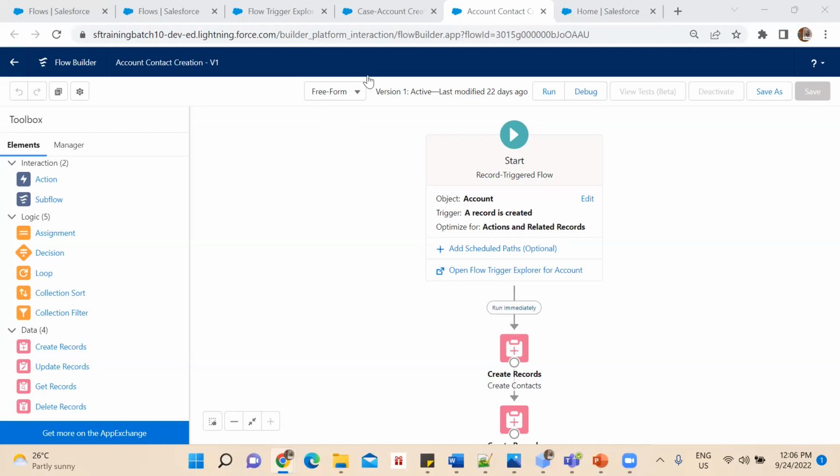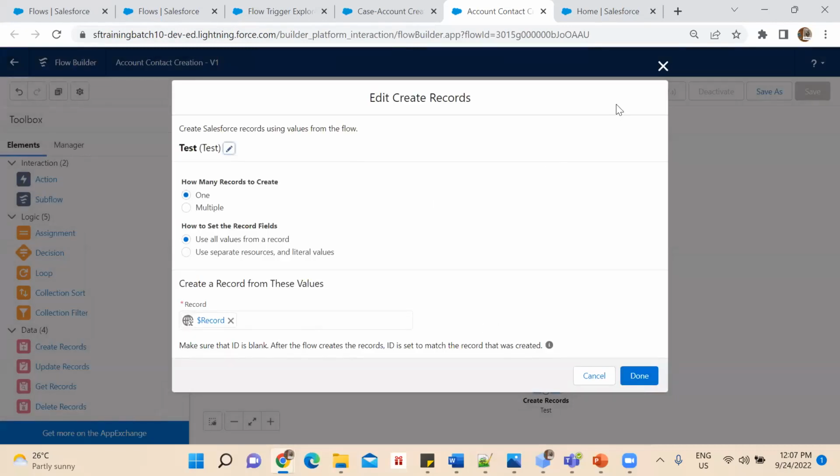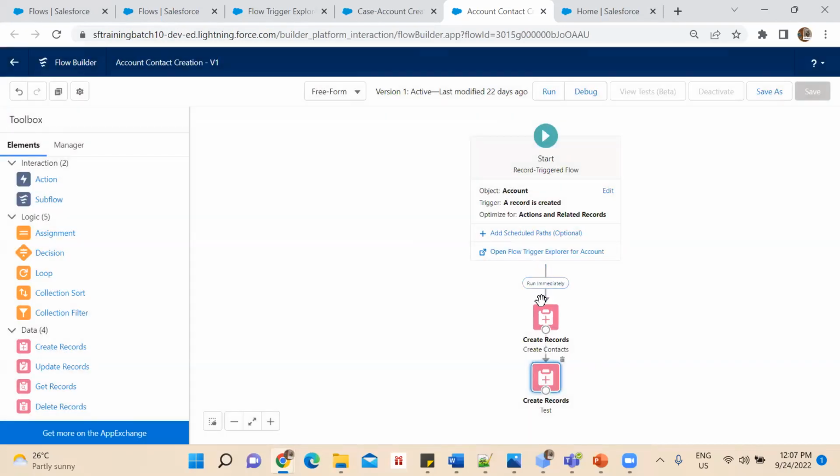But does it have any impact on the performance of the flow? See, if you have unnecessary things in your flow, obviously it will affect your performance. Now I have created this small flow called create records, which will create records. Whenever an account is created, a contact will also get created. Inside this flow, if I want to delete some records, there are two ways to do it. Just try to understand. If you don't understand, it's fine. We will see in the upcoming sessions.